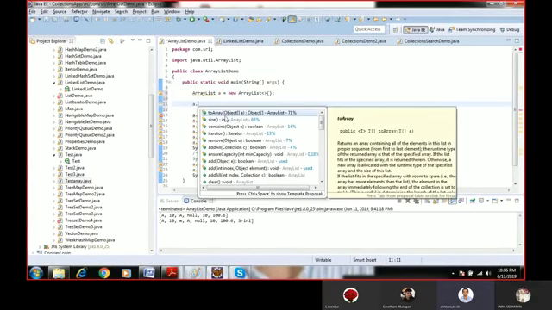These all are the methods of ArrayList. The toArray method converts the list into an array. And size, we can find out the size of the collection, the ArrayList. And then contains,